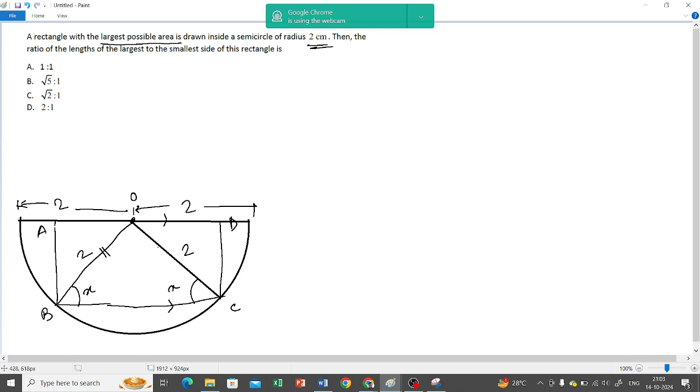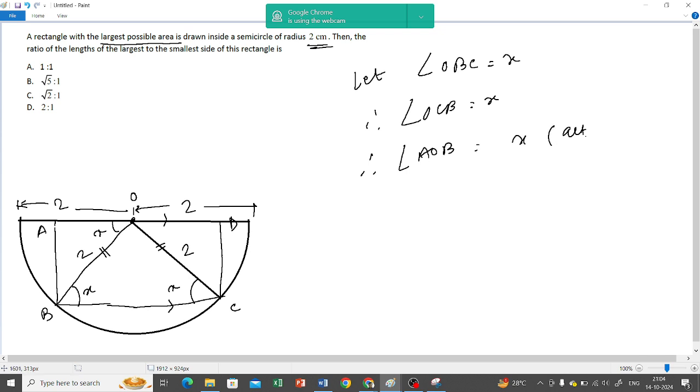OBC is an isosceles triangle, so that means the base angles are equal. So I have taken x and x. If this is x, this will also be x. Why? Alternate angles, right? So let angle OBC be x. Therefore, angle OCB is also x. Therefore, angle AOB is x, alternate angles. এতটা বুঝতে পেরেছো রিতমা? হ্যাঁ স্যার।